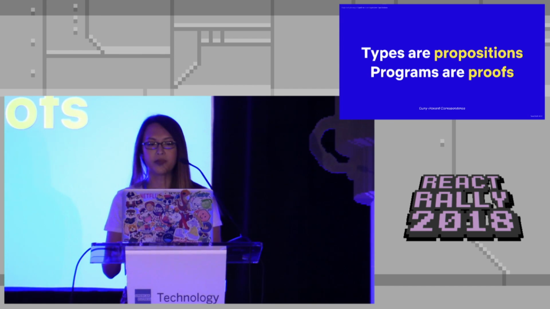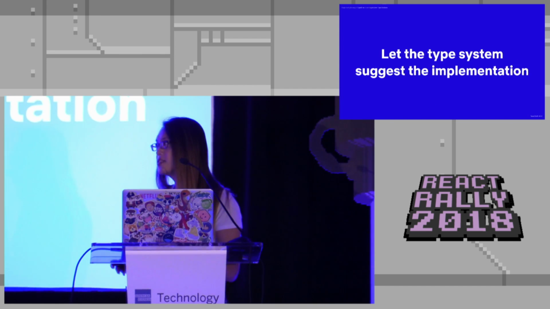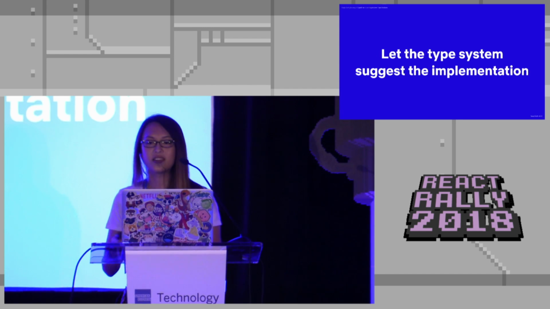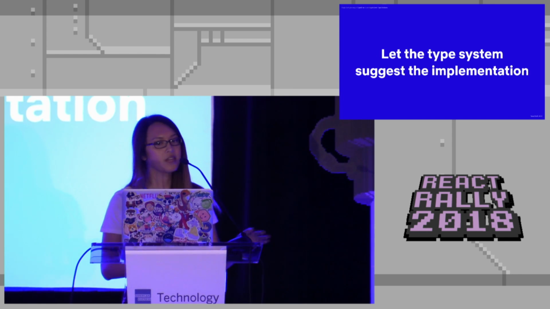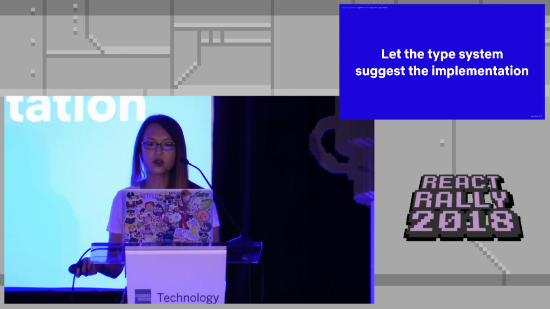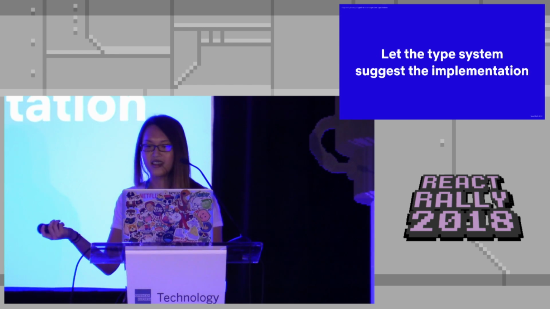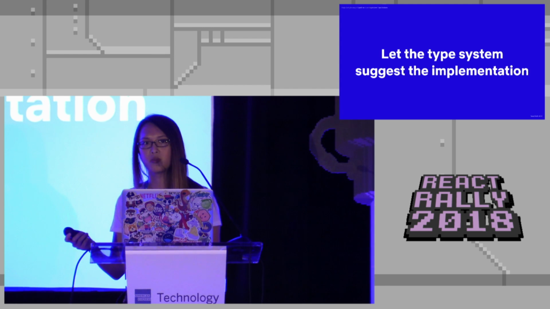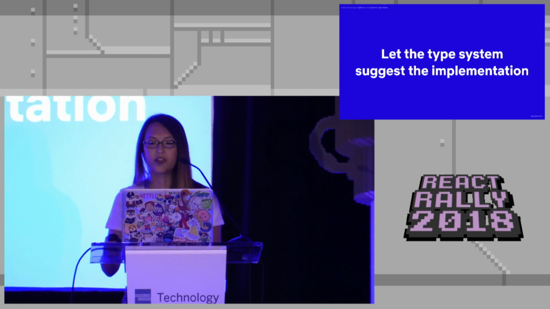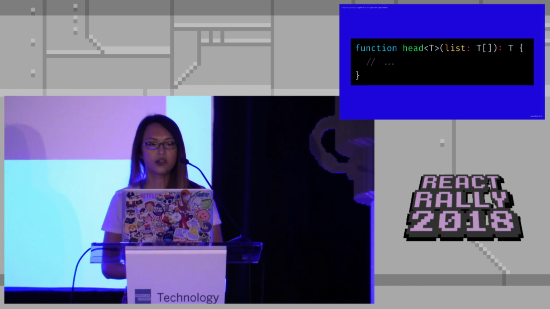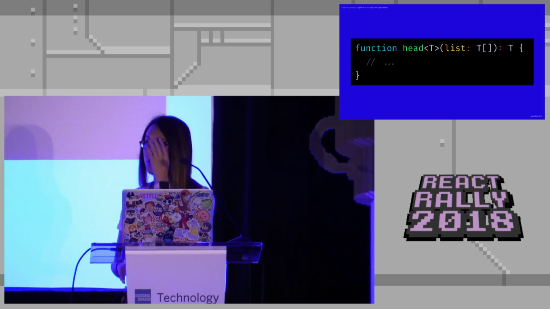And if you work backwards from that, what this means is that if you write good types, you can let the type system suggest the implementation for you, basically type-driven development. And in theory, you could declare all of your types and all of your function type signatures without writing any actual code. And if it compiles, like Ken did on the airplane, your program should just work. Then it's just a matter of filling in the details, proving that those propositions are true. So let's start with a concrete example in TypeScript. This function takes a list of items and returns the first one.